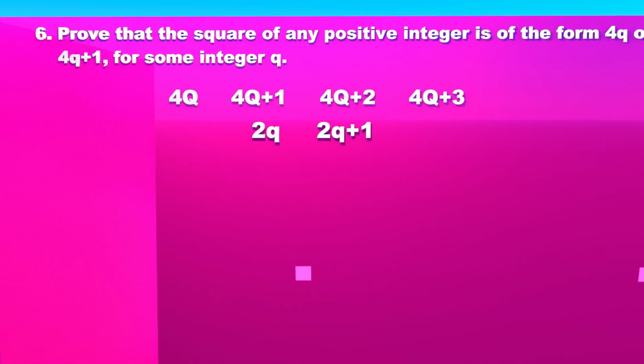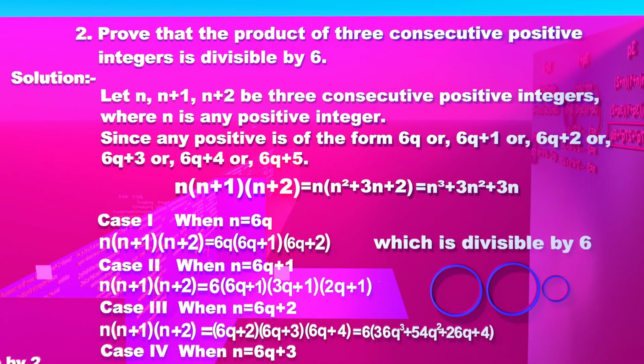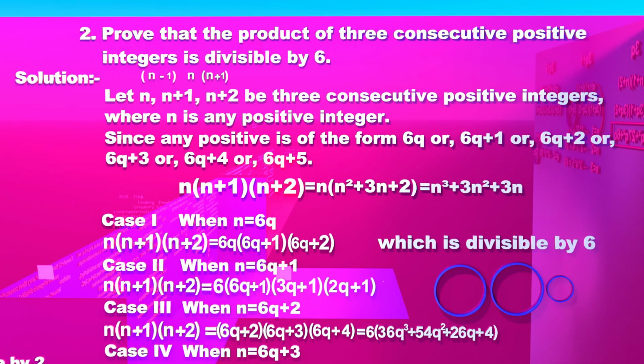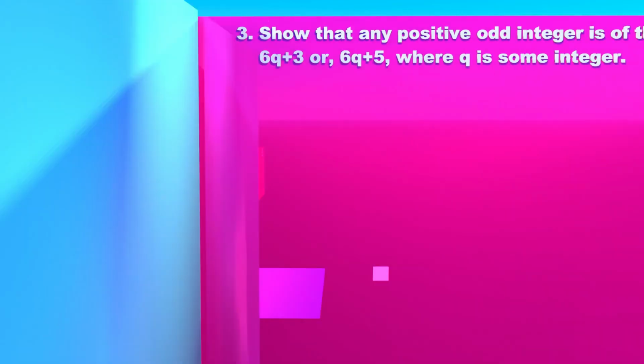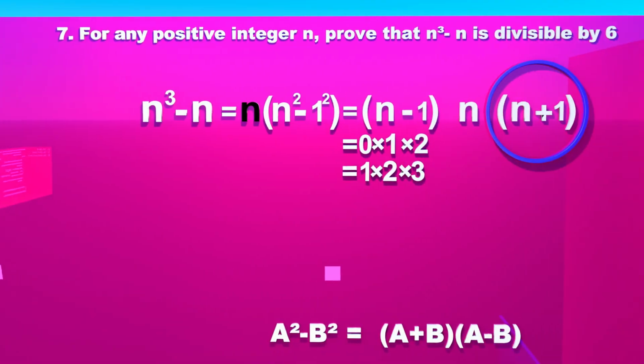Now let's see question 2. You can relate that these two questions are similar to our question. n plus 1 and n plus 2 are 3 consecutive integers. And in our question, n minus 1, n and n plus 1 are 3 consecutive integers. I think this question is now more comfortable for you. This n cube minus n was the main issue, which we broke down into n minus 1, n and n plus 1.